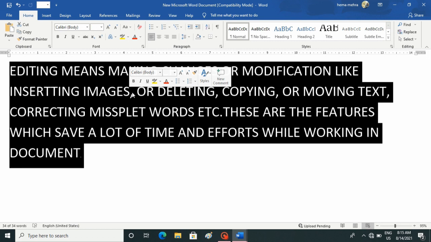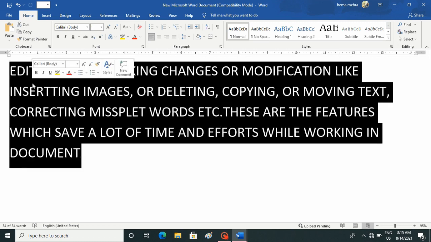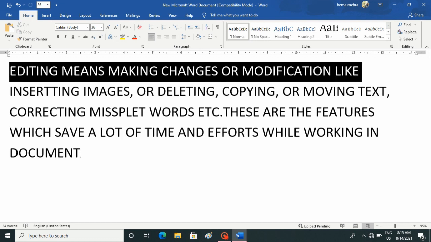Now for selecting a single sentence, first click the left mouse button on the sentence while holding the Control key on the keyboard. So this way you can select a sentence.